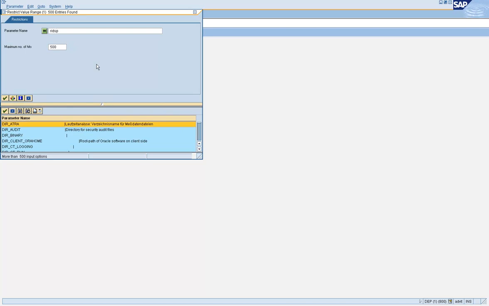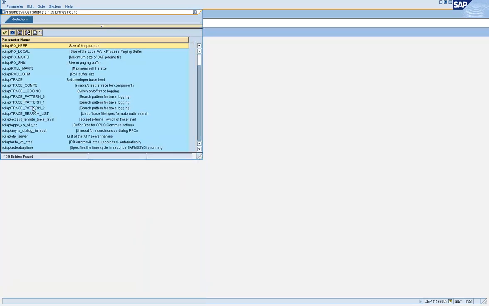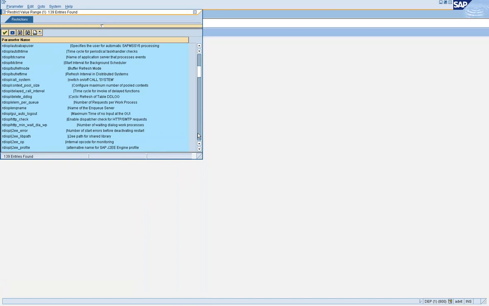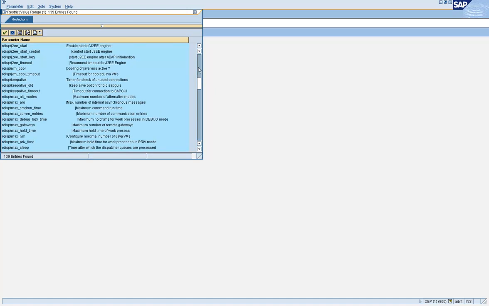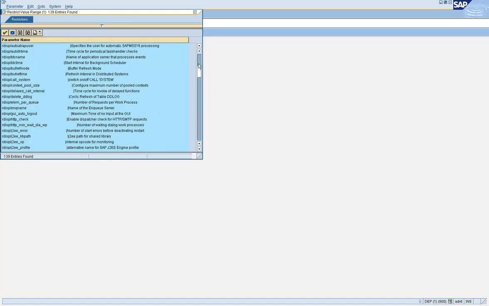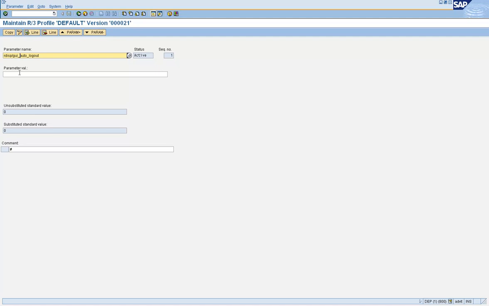Let's search for that parameter. Now let's set this to 60 seconds, which means that after 60 seconds of inactivity, our session gets terminated.